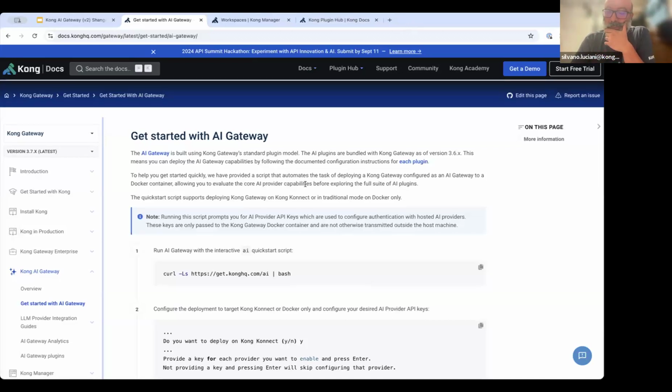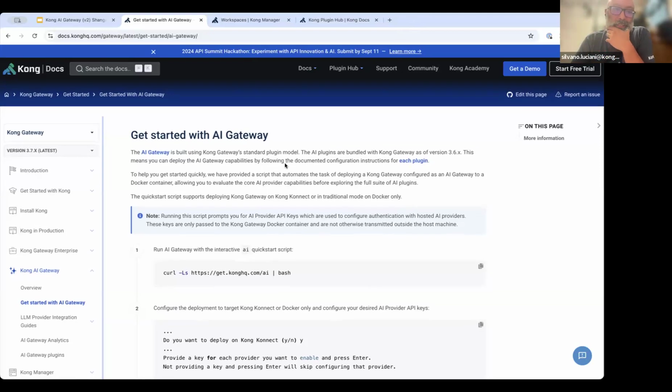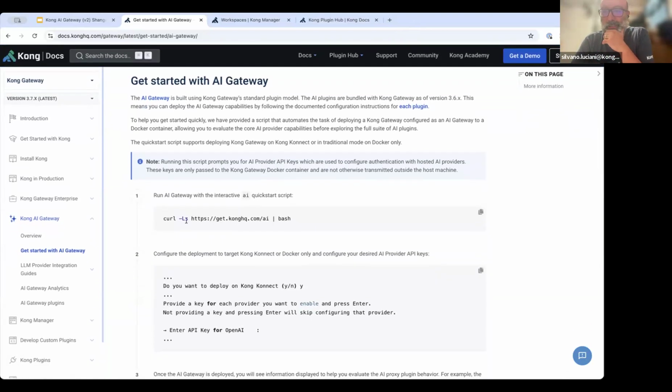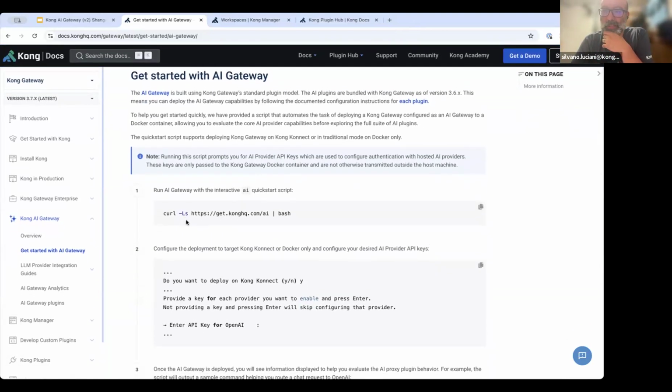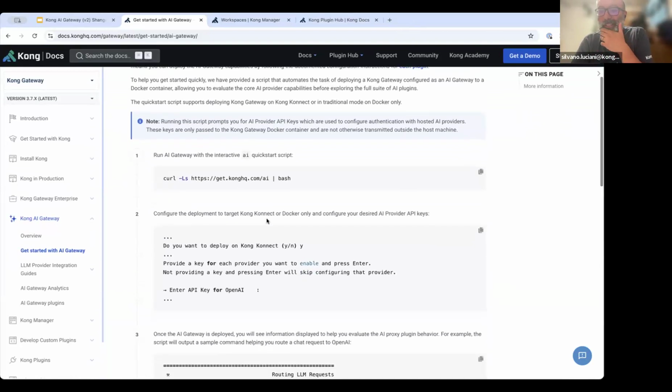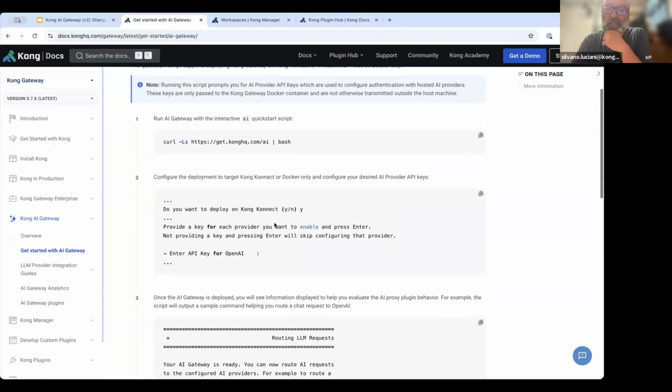If you want to get started with the AI Gateway, it's super easy. You can just Google Kong AI Gateway, and you'll eventually land on this page. The one thing that is really cool is there's a script that, as long as you have Docker, you can just run. Depending on your internet connection, it will take some time, but that's really the slower part.